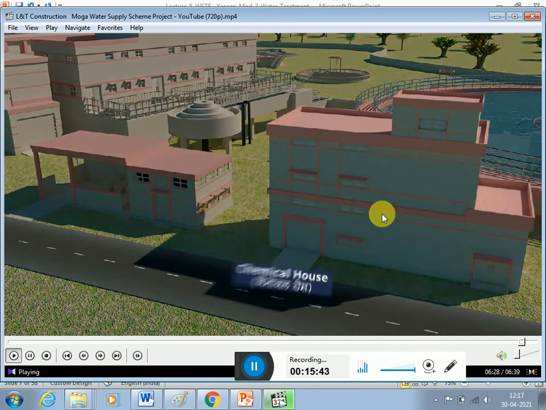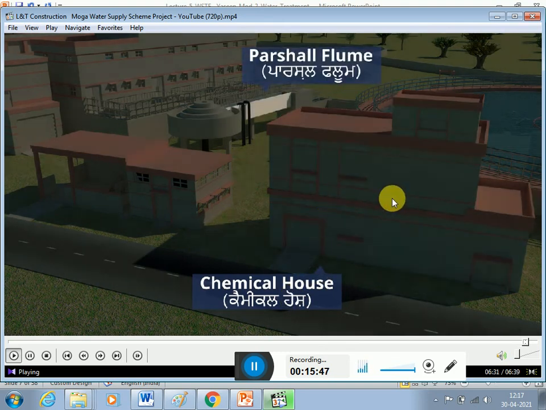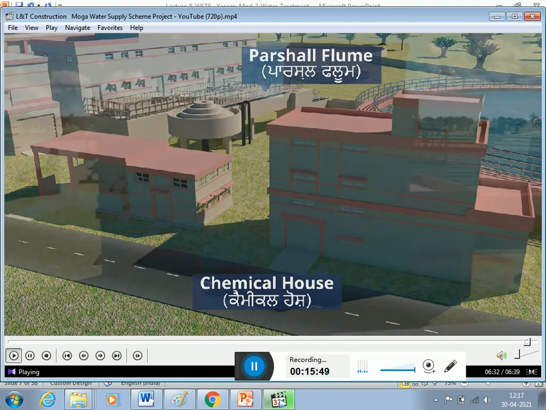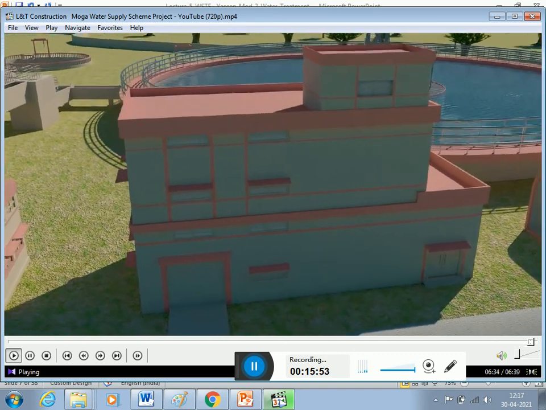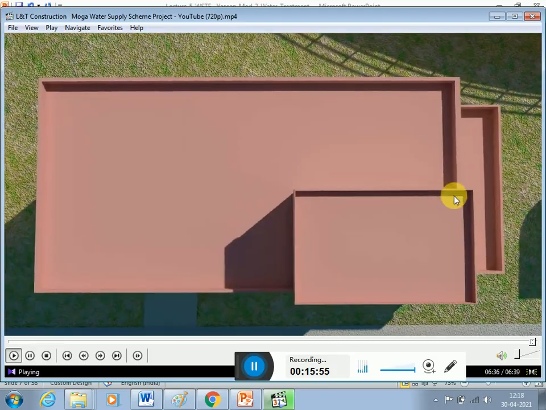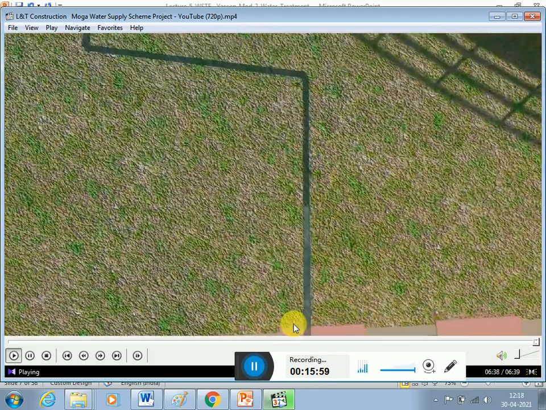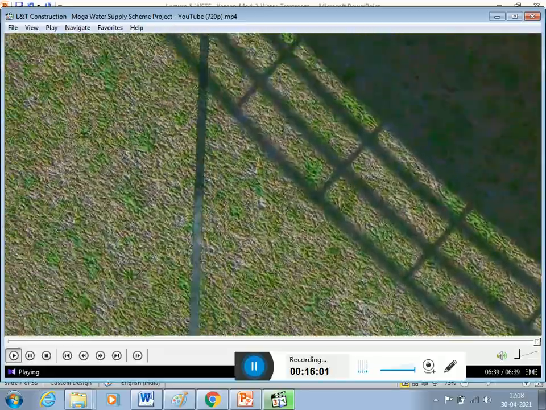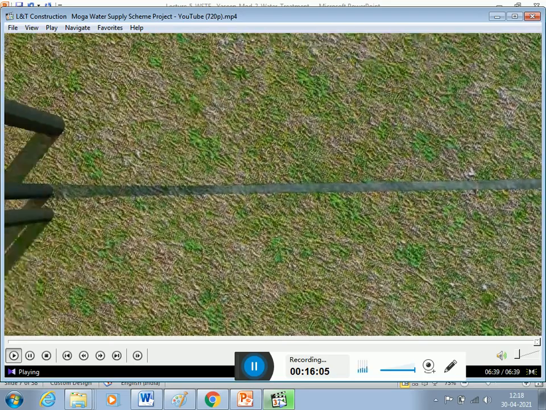And the water is disinfected, and the chemicals are usually stored here, that may be alum and other chemicals which are used to treat the water. And this is the complete layout of the water treatment plant. Okay, so let us stop now. We shall discuss in detail the different units which you have seen here in this video.